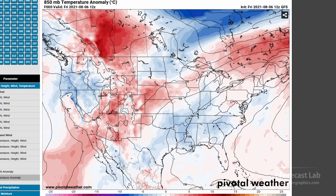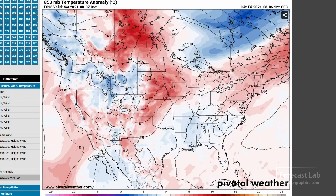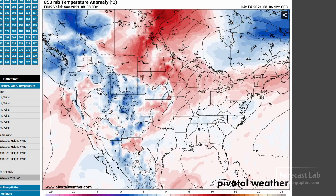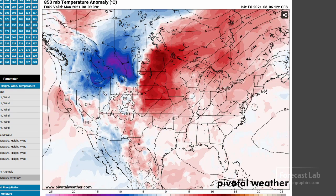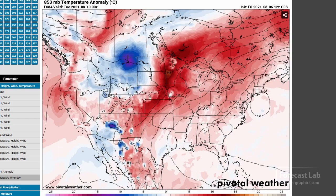So there's the 850 millibar temperature anomaly for this afternoon. You can see some downslope effects there in Alberta, and we can also see that cool air mass infiltrating the Great Basin area. There's the residual cold air across the southern U.S. That's quickly eroded as we get heating and warm air advection. And then going into next week, let me just run this up, and we're going to focus on this area up here. It does look like a cold front is moving through Montana,